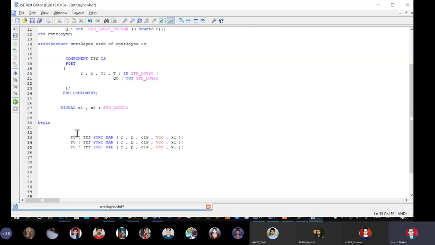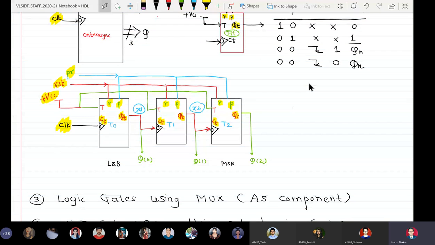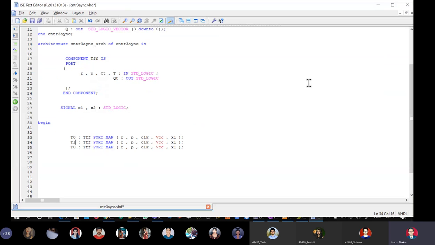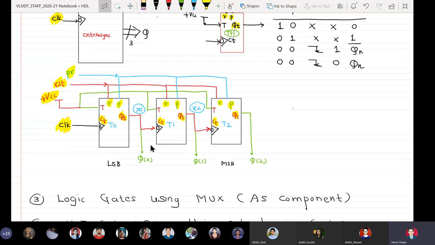Second instance is T1. Let us see the mappings. So it is again RST comma PR comma X1 comma VCC comma X2. Okay, so R comma P comma, now the clock of T1 is actually X1.